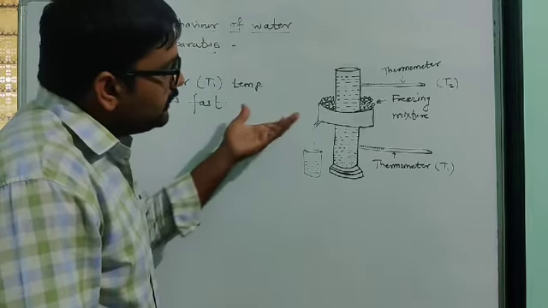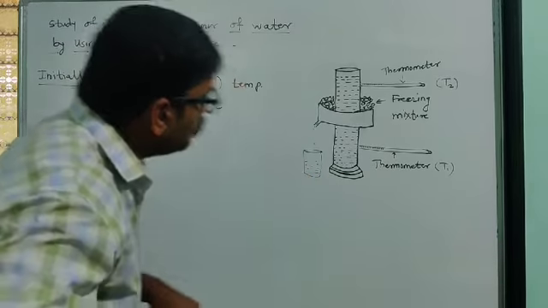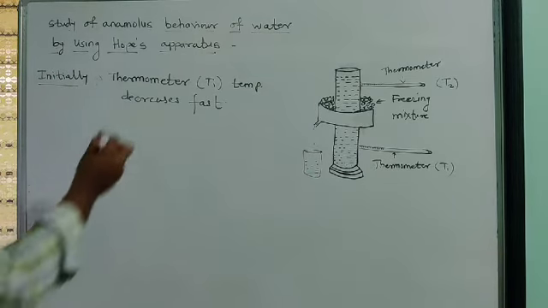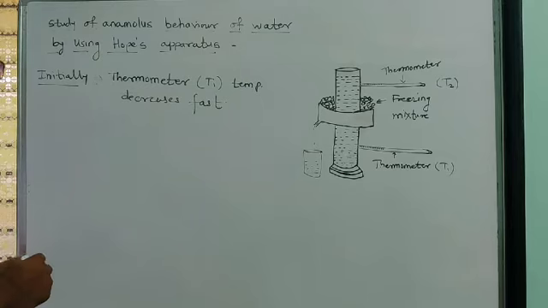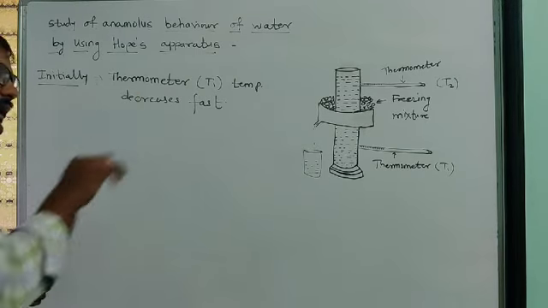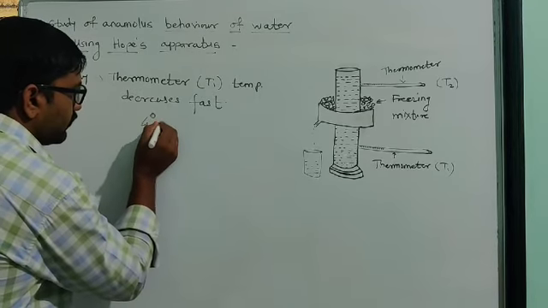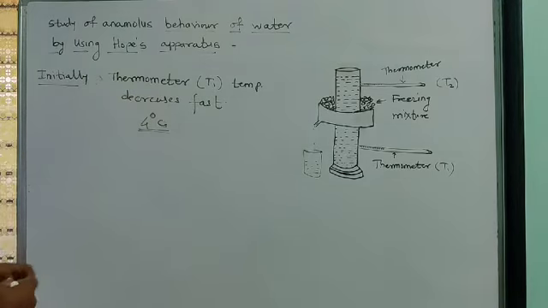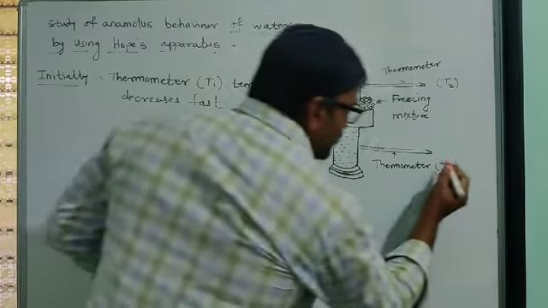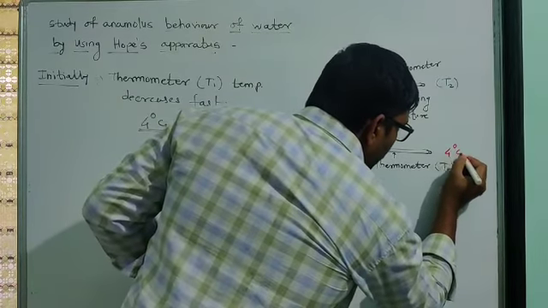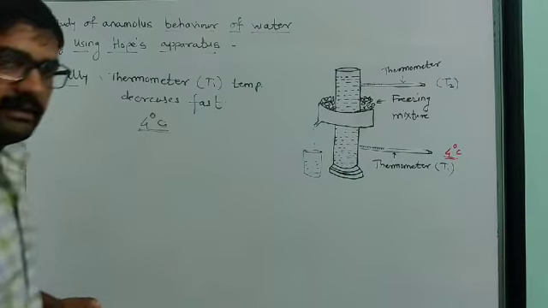The temperature of thermometer 1 is falling continuously and rapidly, up to 4 degrees Celsius. Up to 4 degrees Celsius, the temperature of thermometer 1 falls very fast. So as thermometer 1 reaches 4 degrees Celsius,